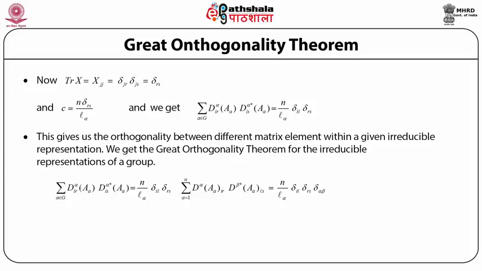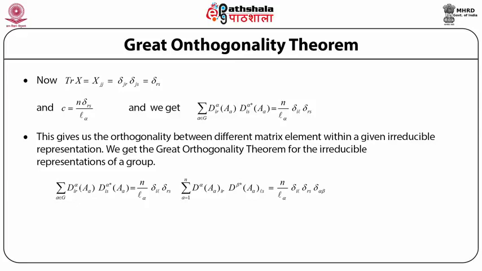We then finally get the great orthogonality theorem for the irreducible representations of the group, namely the matrix elements of irreducible representations of dimension l_alpha of the group of order n satisfy the following orthogonality relation: the summation over all the elements of the group of D^alpha_ir(A) multiplied by D^alpha*_is(A) is n by l_alpha delta_il delta_rs, which then becomes